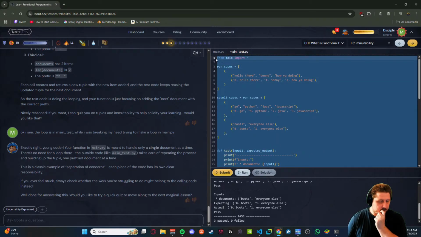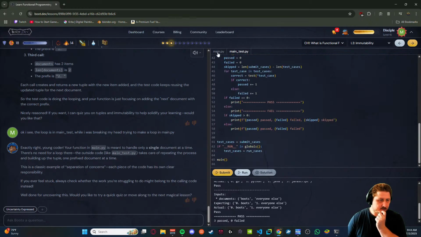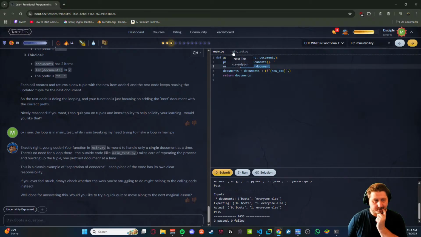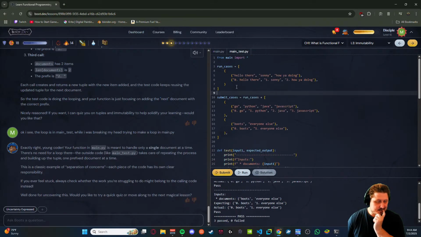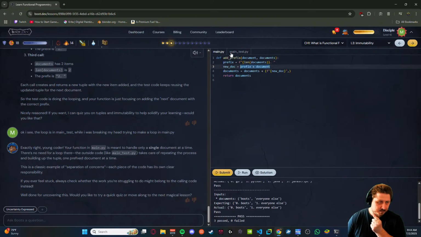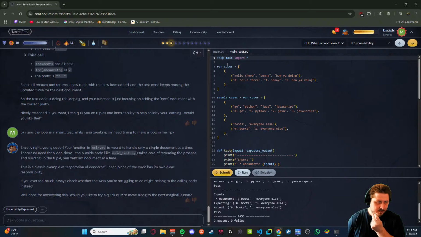Writing this is what I really want to learn. I mean, obviously we'll get there, but it's like, how do I... What is this even? Imports from main, so it imports from here or imports from somewhere else.